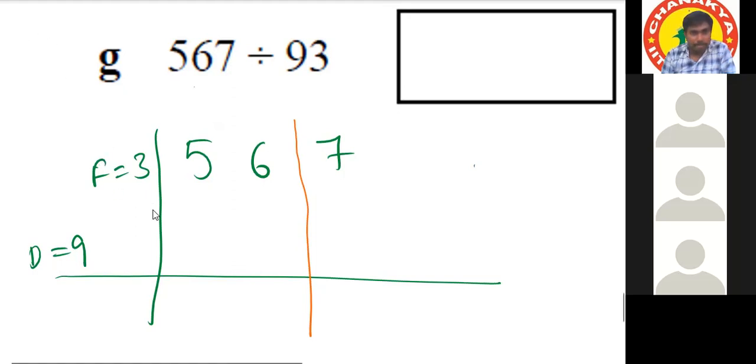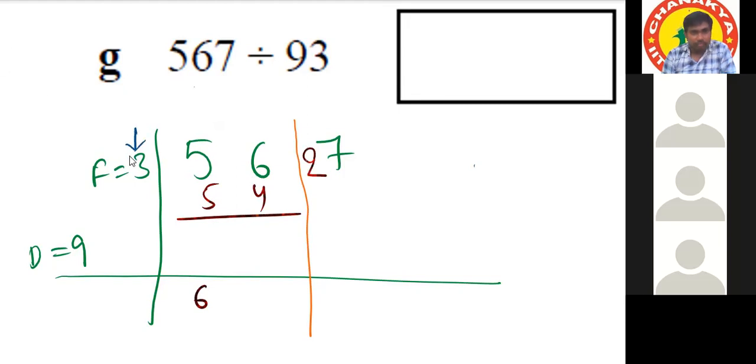Then, sir, 9 will not go in 5. That's why 56. Yes, sir. The nearest is 54, sir, 6 times. 6 times 9 is 54. And the remainder is 2, sir. Write it. It will go beside 7 and it will become 27, sir. Okay. Now